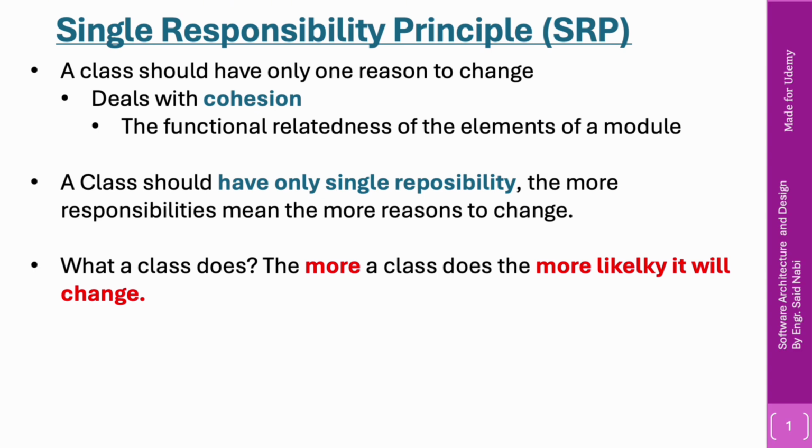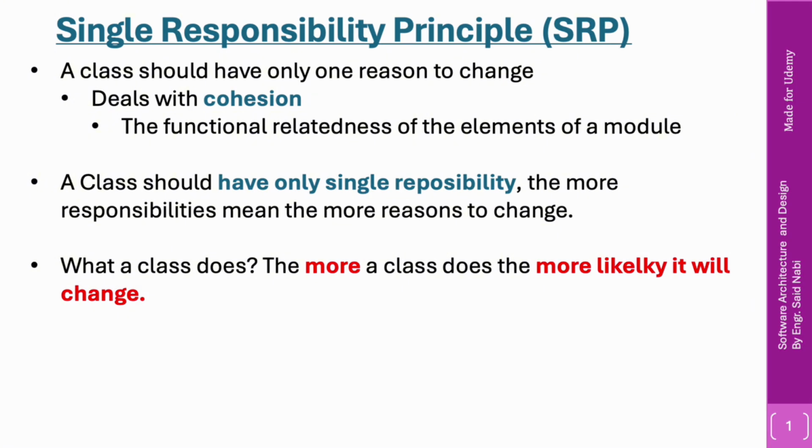In the real world, if we take an example of a banking application, the transaction processor class handles the transactions, and the notification sender handles the alerts, and each class has a single and clear responsibility. So if we combine both responsibilities in another class, then it would violate this principle, and a class should not violate this principle. A class should have only one reason to change, and there should be only a single responsibility in a class.